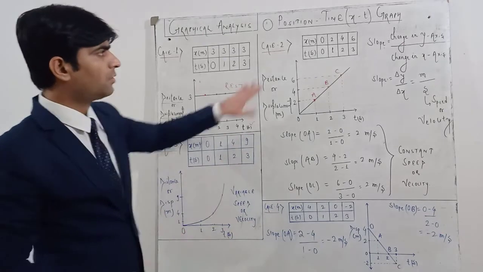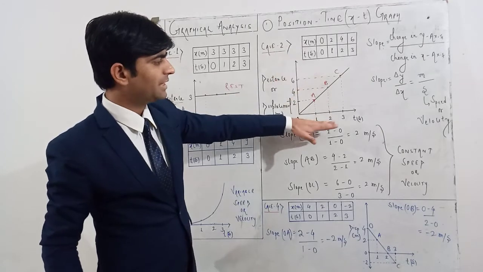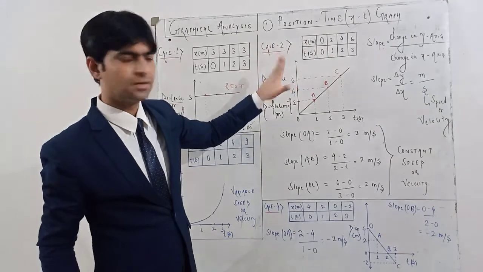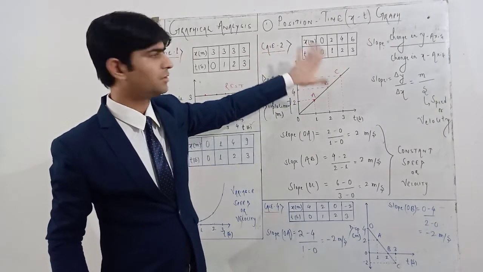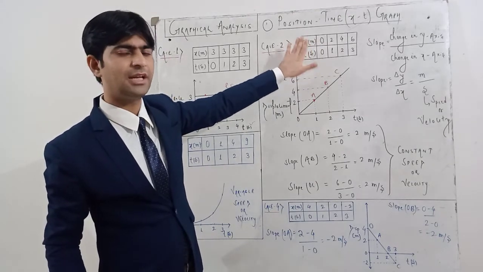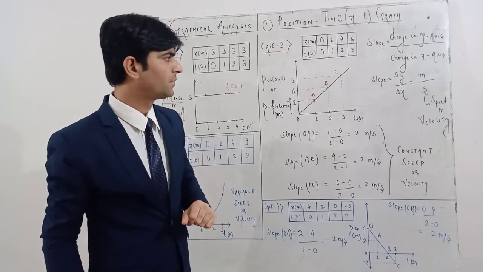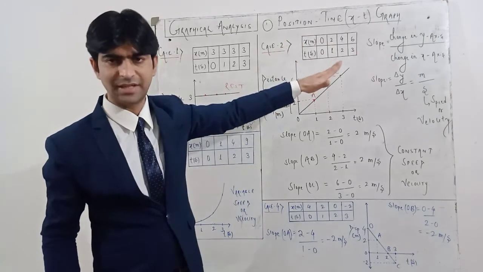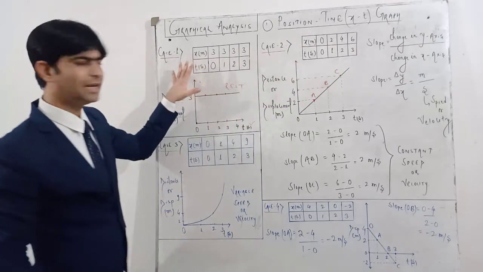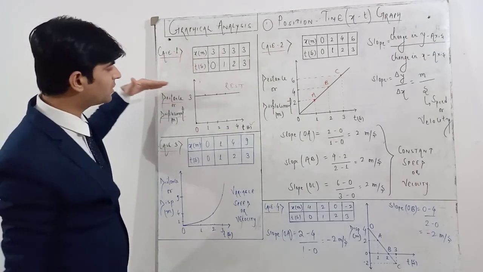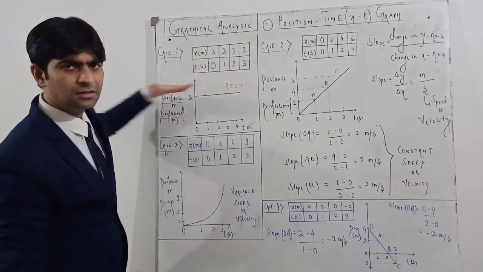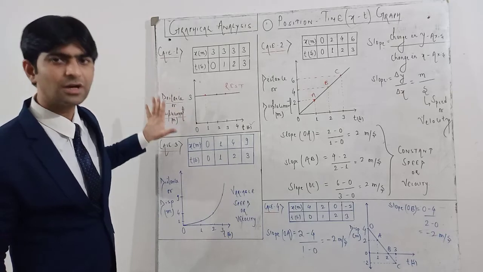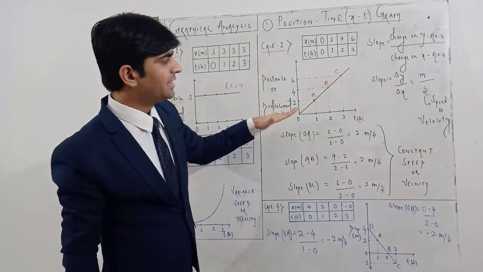Okay, so if you plot this data on a graph, time you have to take on the x-axis and distance or displacement on the y-axis. So you will get a straight line for this particular data, where the body is covering equal distance in equal interval of time. The data may change, but if the nature of the graph is the same, a straight line. Here also in case number 1, data may change, but if for any data you are getting the graph parallel to the time axis, then the body will be at rest, if it is a distance-time graph or a displacement-time graph. Here you are getting a straight line.